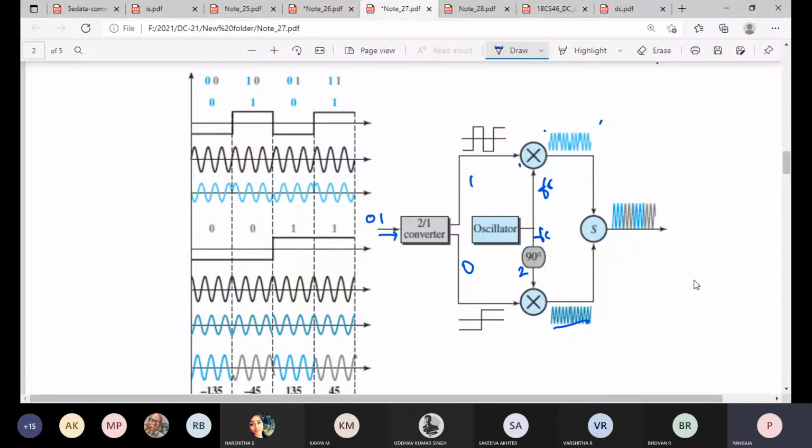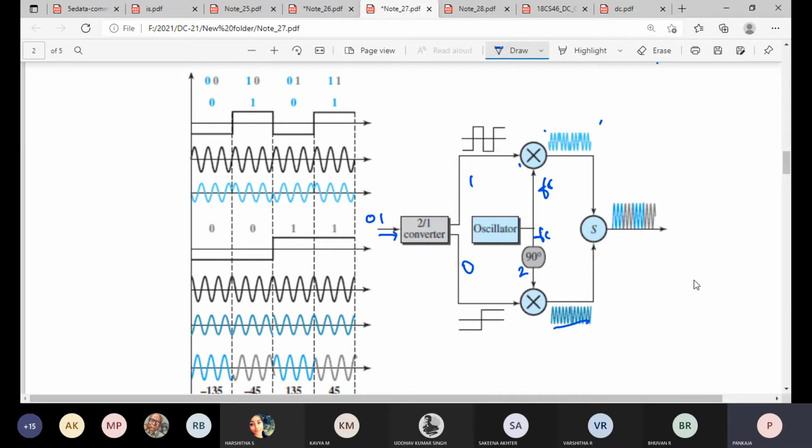So here the blue color indicates this is one phase, the black color indicates that is in another phase. So how has it happened? Just using this 90 degree shift. Whatever the carrier frequency is generated by the oscillator, for one bit it will not make any changes with respect to the phase. For the other bit it is changed by 90 degree. The carrier frequency itself is changed by 90 degree, and that is multiplied with the input signal that is coming. So this is how you are going to get the different phases for the bits. Okay, is it clear? So that is how I got one bit with 180 degree and another with 0 degree.